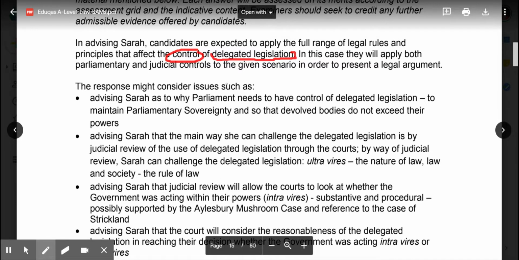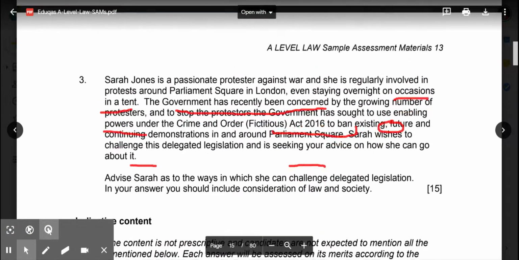You've got orders in council made by the Privy Council, usually in emergency, or to pass powers when Parliament aren't sitting. You've got bylaws made by local councils, and other public bodies, because they have greater local expertise in the case of the council, or specific area knowledge in terms of public corporations. So, for example, Transport for London, the London Underground people know about the London Underground, so that's why they are able to do that. But actually, we are told in our scenario, if we pop back up for a second,